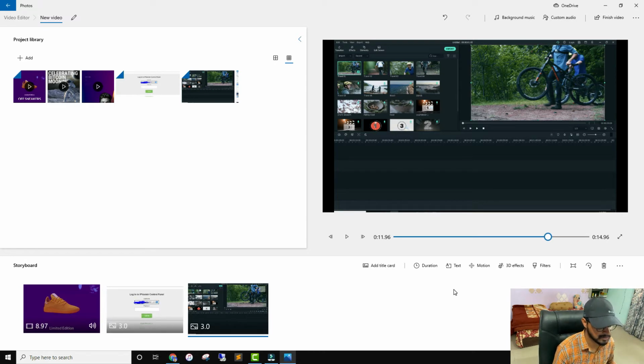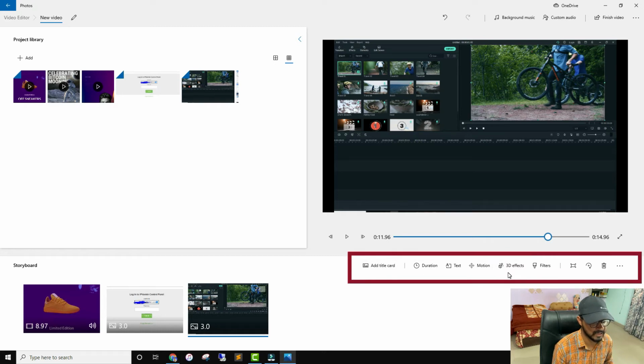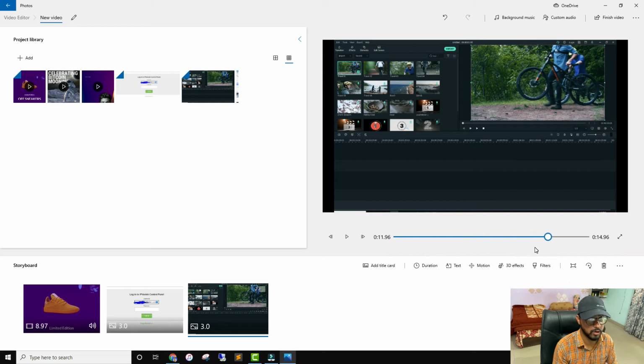Another thing is, these are all the features that you can get in this video editor. You have no color controls and a lot of other things. If you are editing a video, no keyframes, obviously we can't expect that in the default video editor. However, if you're looking for a video editor to merge two videos, or to create a slideshow of your photos, then it is a perfectly fine editor.